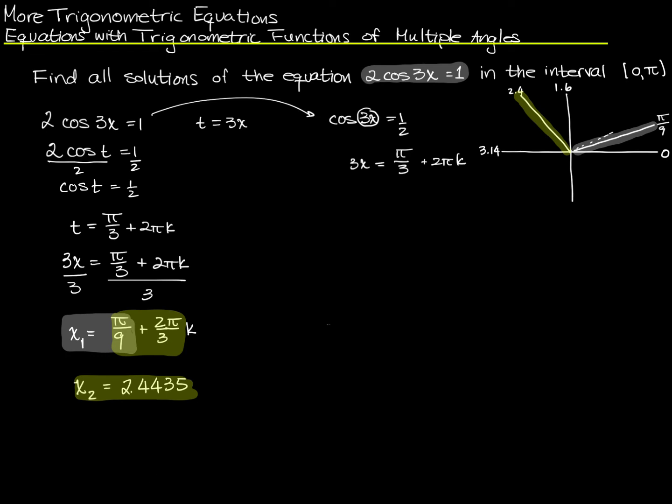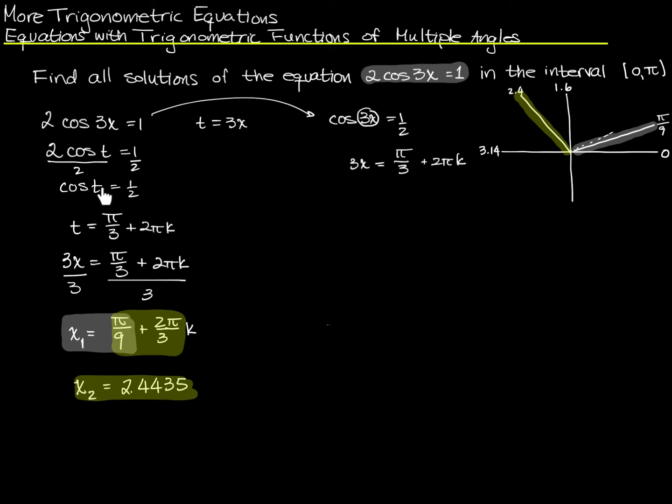But I've only found one solution for the cosine of 3x is a half, right? So I need to figure out if there's another solution. And naturally there is, because cosine